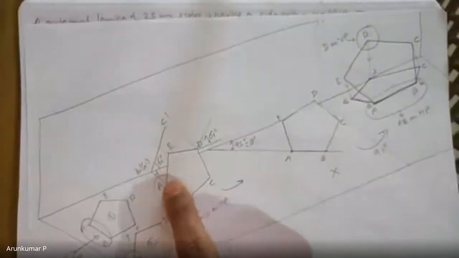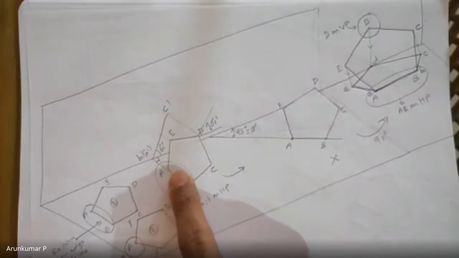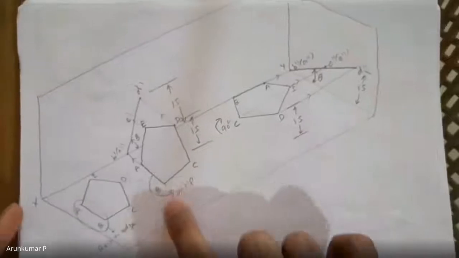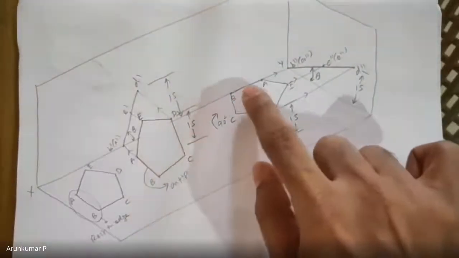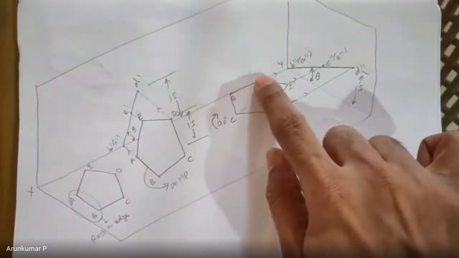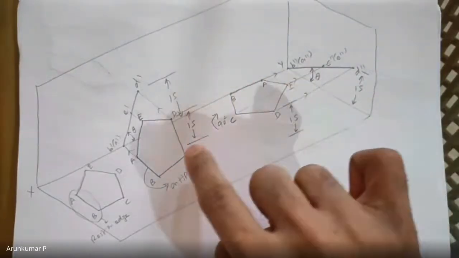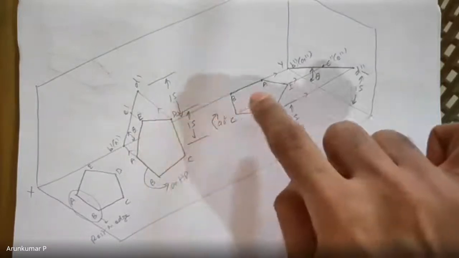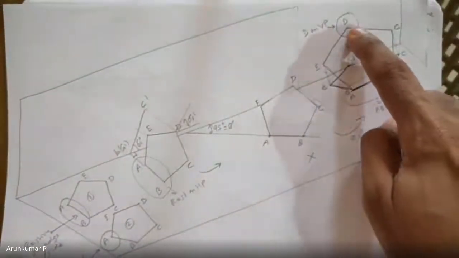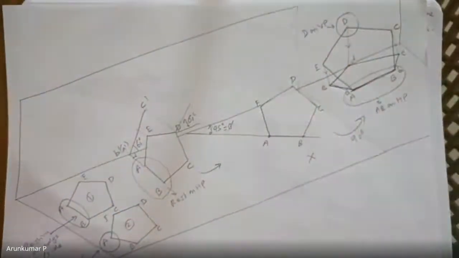In some cases, the edge on which it is resting is inclined to VP, and in some cases, the edge on which it is resting is on HP as well as VP, or the other way around: one edge is on HP and the opposite corner is on VP. So I think all those cases, yeah, one edge on HP, opposite corner on VP. So these are different types of cases that you find in pentagon.